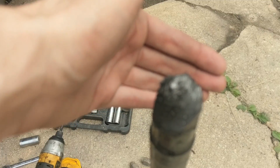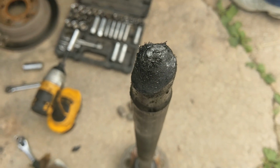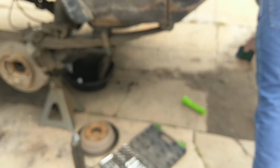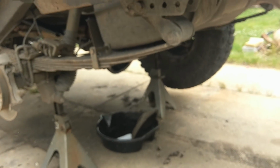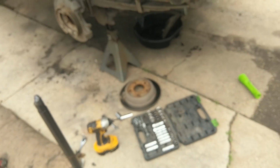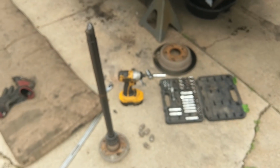They're probably expensive. No, not really. Now, does that mean that something's messed up inside too? Surprisingly not. All the gears are fine. No chunks of metal, no nothing. Thought something was funky because this one kept jumping. But the locker was acting like it was locked a lot. It doesn't want to unlock. Like something's wrong with the locker too, but...